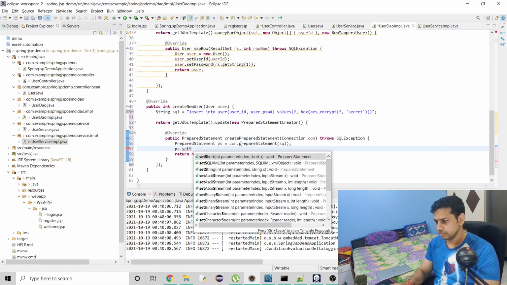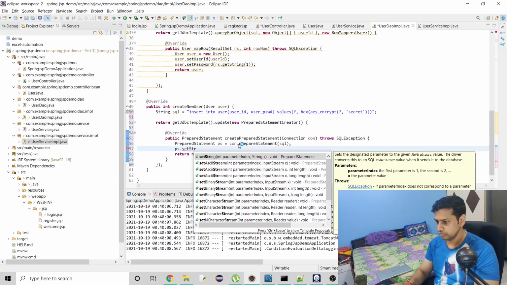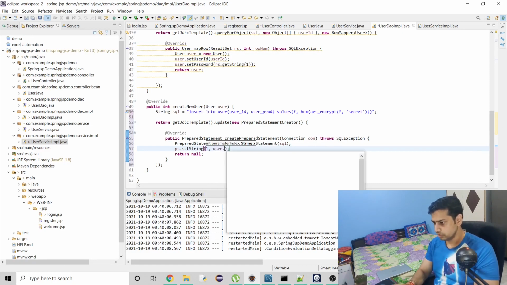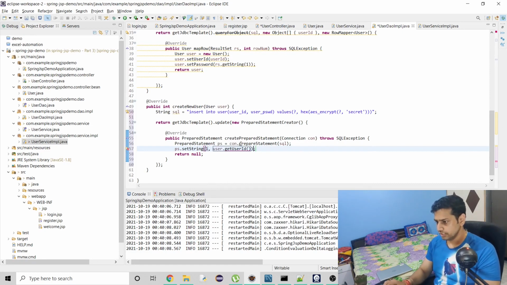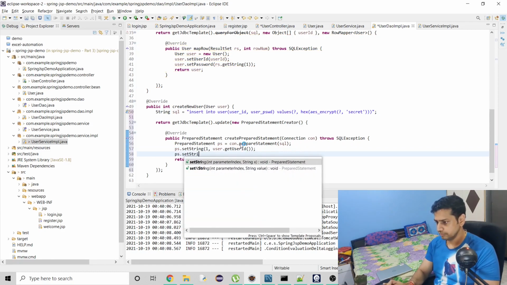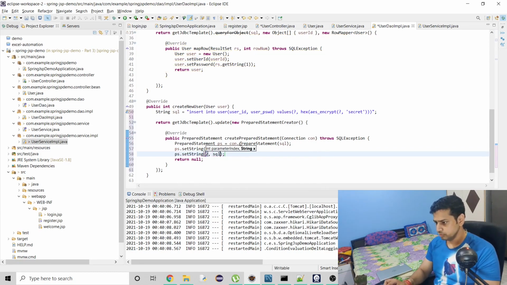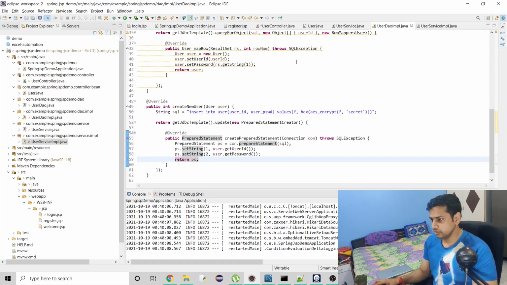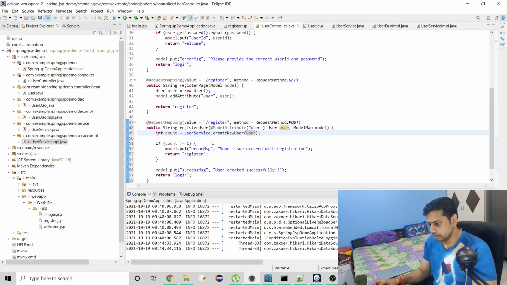We know that this is a varchar in our table, so we will use string, and indexes start from 1 here, so we will use user dot get user ID, and similarly we will do set string, and here we will do 2, and here user dot get password, and then we just have to return PS, right?